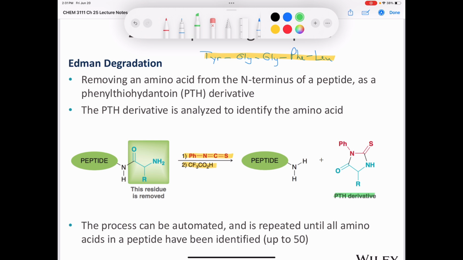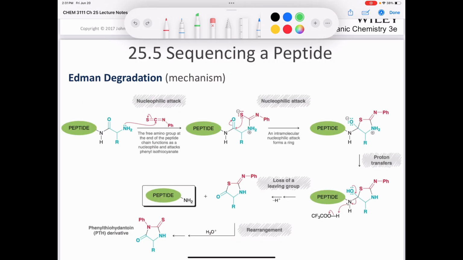And the process is automated and can be repeated until all the amino acids in a peptide have been identified. So it says here you can go up to 50 amino acids. So a very clever way, picking off one amino acid at a time and then elucidating the structure, and thus you can sequence the peptide. Now the mechanism of Edman degradation is shown here. I'm not going to ask you this mechanism. You should just know that you form the phenylthiohydantoin derivative,